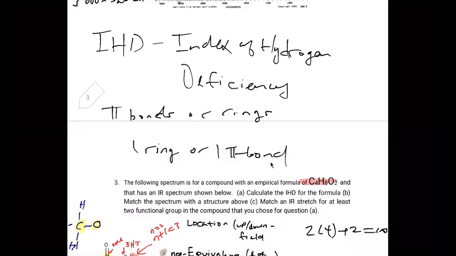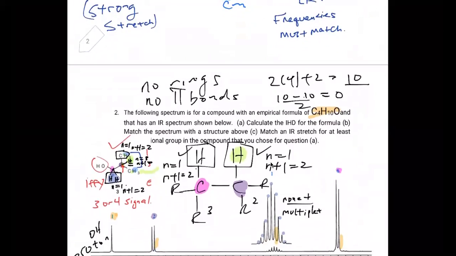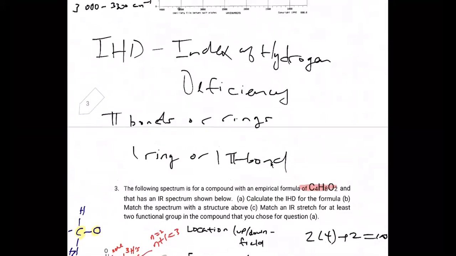Right, so if I have an IHD of 2, that means I can have 2 rings, 2 pi bonds, or a combination of 1 and 1, right? So anytime you're doing NMR and you're dealing with a structure, you want to calculate the IHD for the molecular